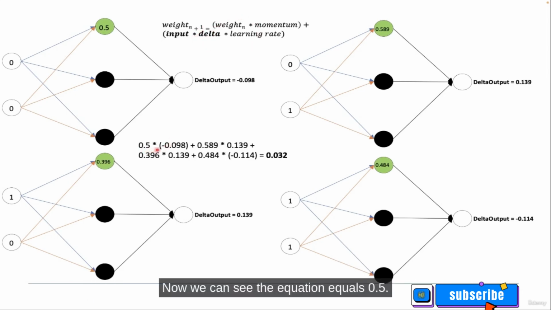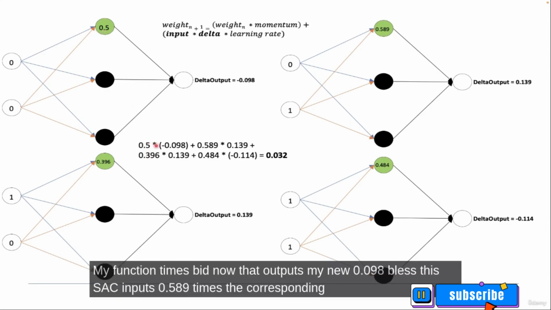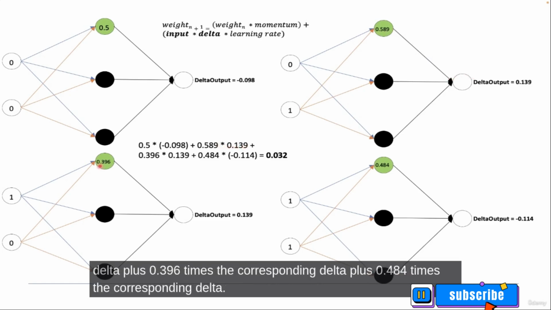Now we can see the equation, inputs 0.5. This is the result of the sigmoid function times the delta output, minus 0.098, plus the second input, 0.589, times the corresponding delta, plus 0.396 times the corresponding delta, plus 0.484 times the corresponding delta.